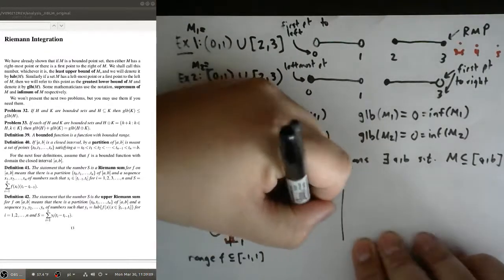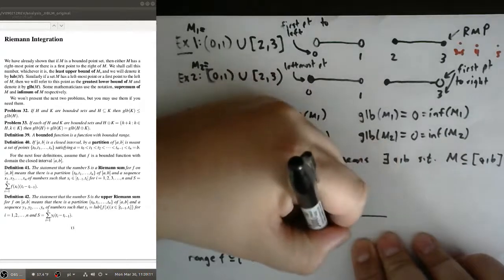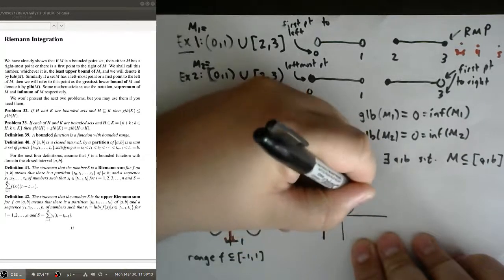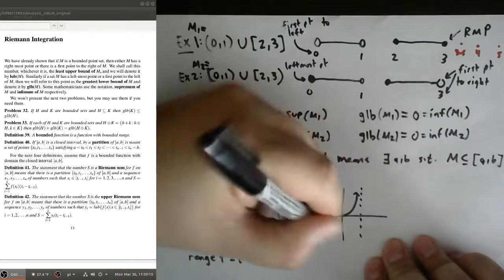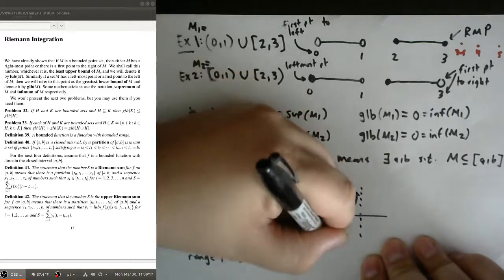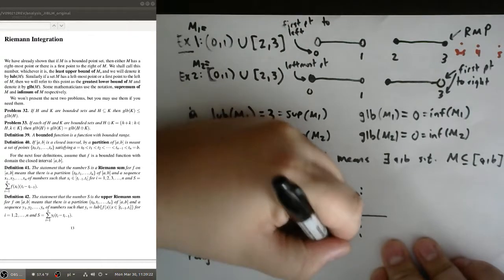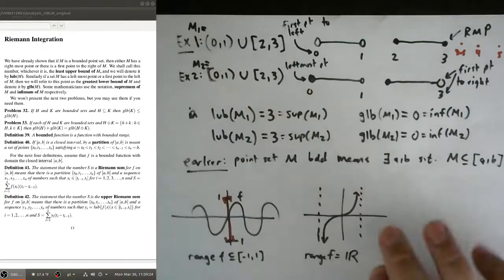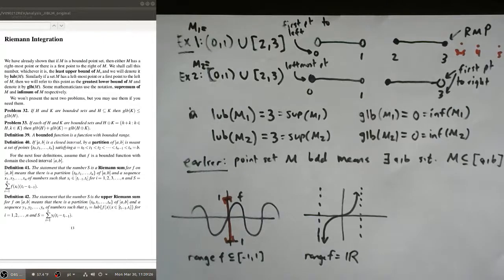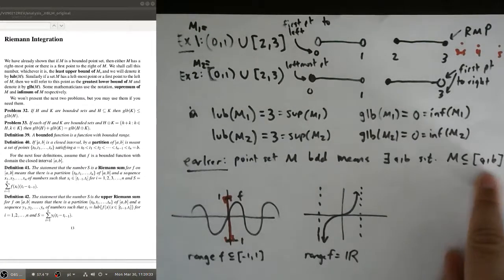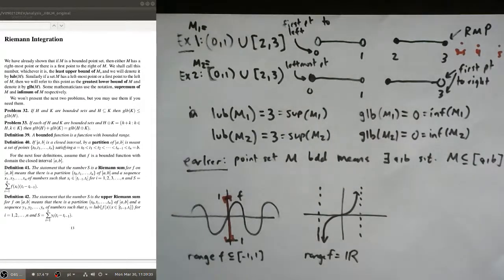If I look instead at, say, the graph of tangent, it has this asymptote here, like this. In this case, the range of f is the entire real line. And so you cannot fit that into an interval. The way the book defines intervals is they don't allow a and b to be infinite. Now, there are situations that do allow that. For example, analysis as done in this book